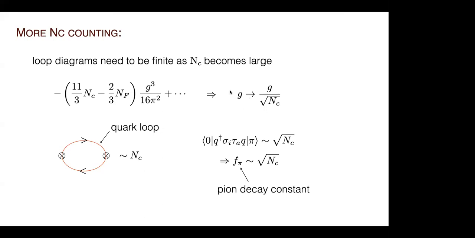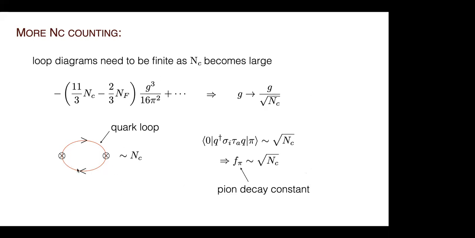And in order to do that, that dictates how the strong coupling constant should scale in this pretend world, this enhanced symmetry world, where the number of colors is much larger than 3. And one impact of that we're going to need to use in order to figure out how the presence of pions impacts the large N scaling of the interactions that go into our process is to look